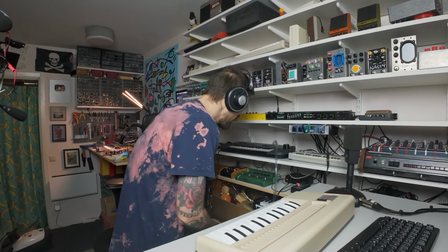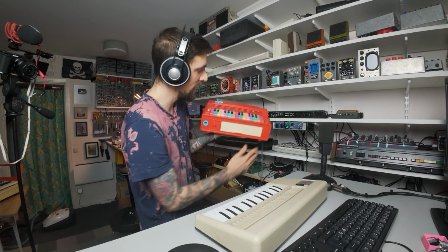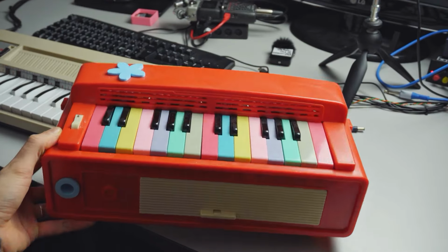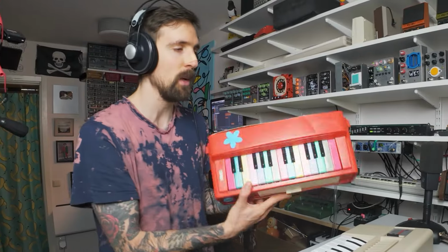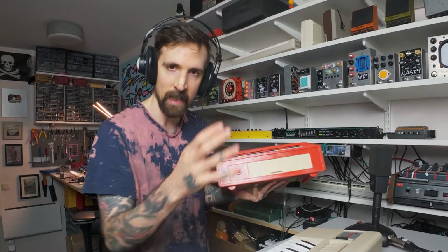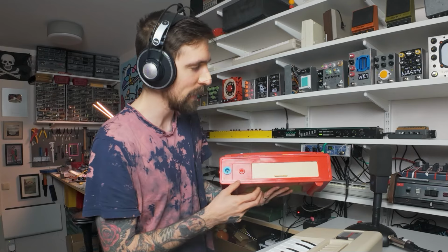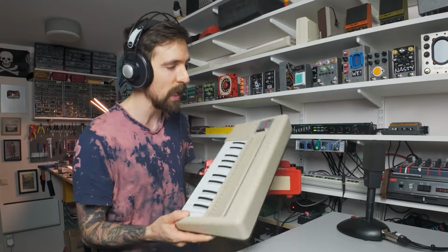However, I found this, which is the Sunrise organ. That is a fan organ that is just really cute. It's a sort of vintage toy fan organ that I at some point turned into a melodica, and I recorded that, so I'm gonna see if I can find what I recorded. It's like years ago at this point, but it's this fun hack you can do with these types of fan